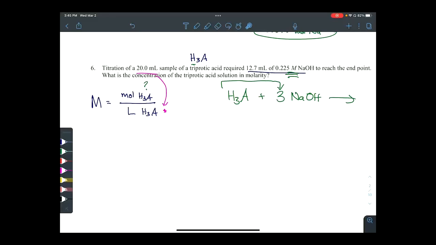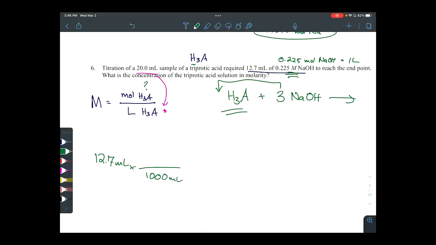So to find moles, actually we're going the opposite way. To get moles of H3A, we will figure out how many moles of sodium hydroxide we delivered, and then use stoichiometry to figure out how many moles of acid are in there using the 1-to-3 ratio. So again, remember, molarity means 0.225 moles of sodium hydroxide equals 1 liter. So if we use 12.7 milliliters, convert that to liters,